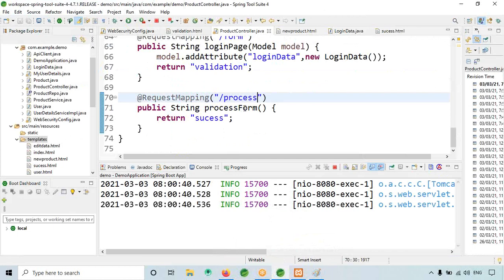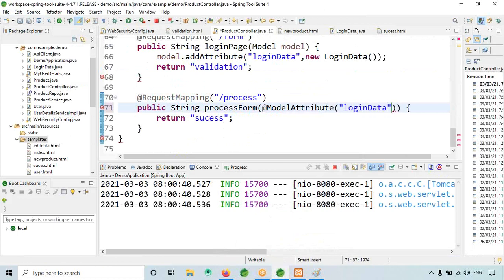This is like at the rate model attribute, login data.